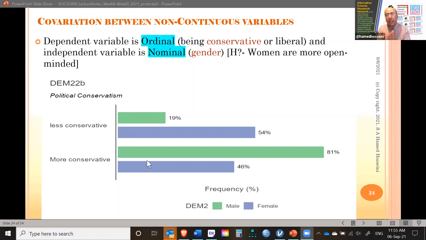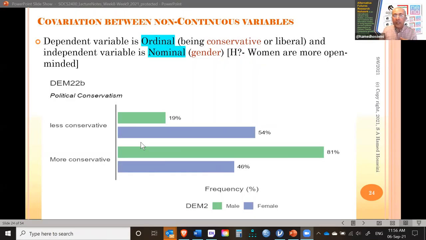And as you can see in this case, we're not dealing with continuous variables. We're dealing with what portion of the people are within each category. So in this case, we go for clustered or grouped bar graphs, and I'll show you how to do that. For instance, here you see the green ones are male and blue ones are female. 90% of them are less conservative, whereas 81% of our male respondents are more conservative, meaning they